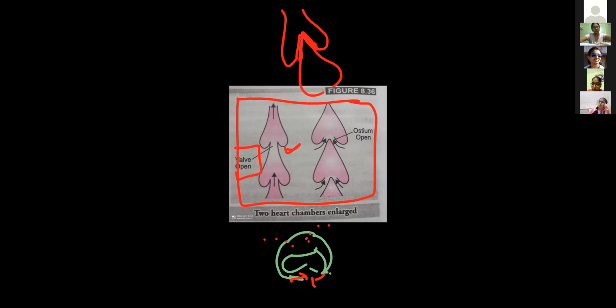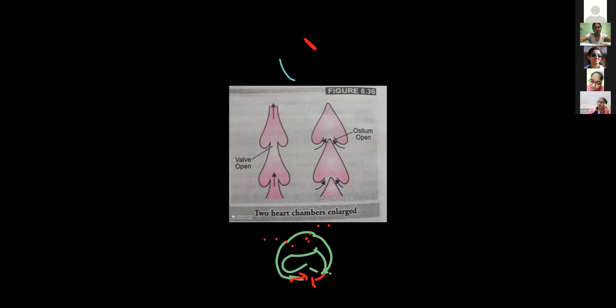When contraction is there, remember, the chamber is closed. When contraction occurs, see here, this heart chamber is closed, right? When the heart chamber is closed, between two adjacent heart chambers a small gap is created. Can you make out this small gap when contraction occurs? Through this gap, see that one more over here, the adjacent chamber is there. Here also contraction happened, and a small gap is created through which the blood again enters into the heart from the outer side.